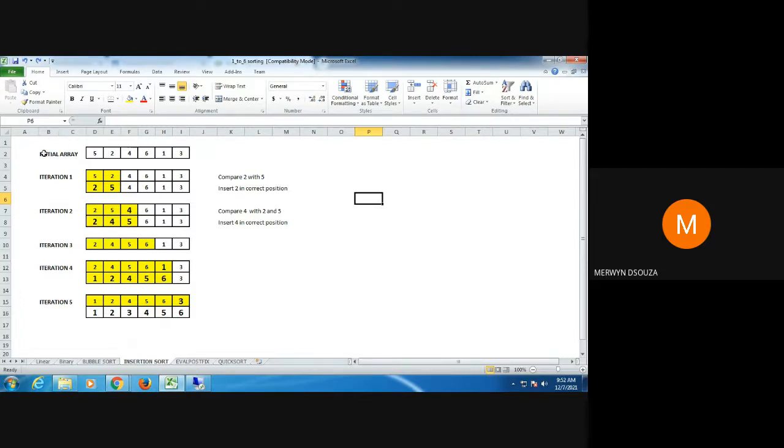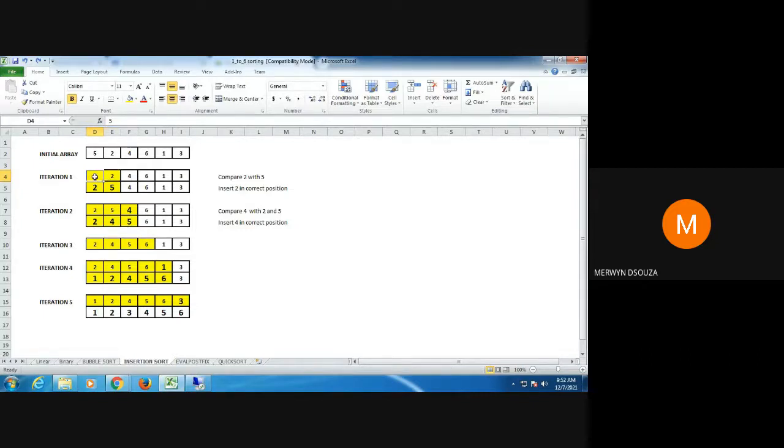For insertion sort, if you are given n elements, you will require n minus 1 iterations to get the sorted data. So how does it work? You start by comparing the first two elements. If I want data in ascending order, then you will swap similar to how I taught you bubble sort.